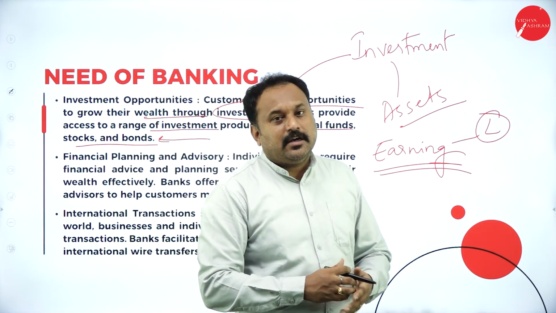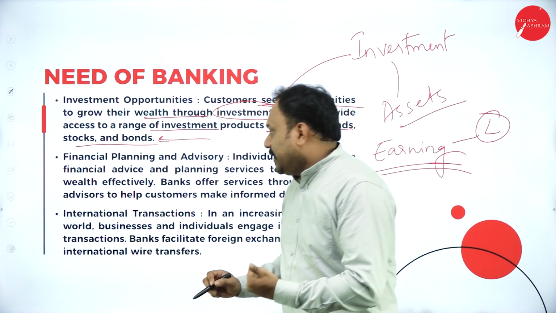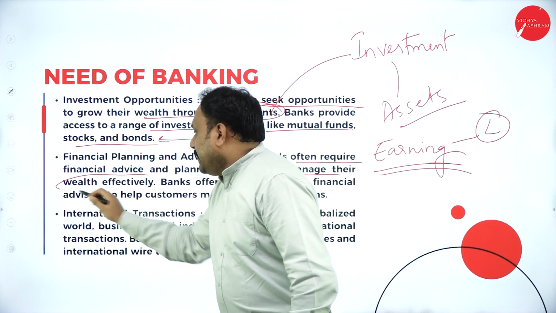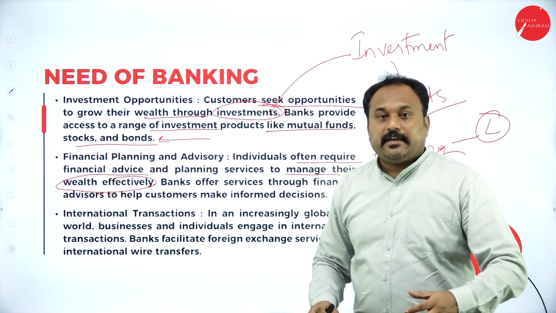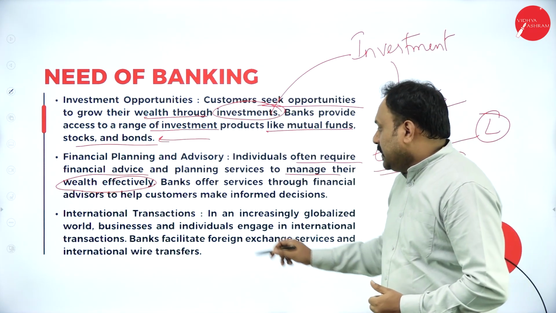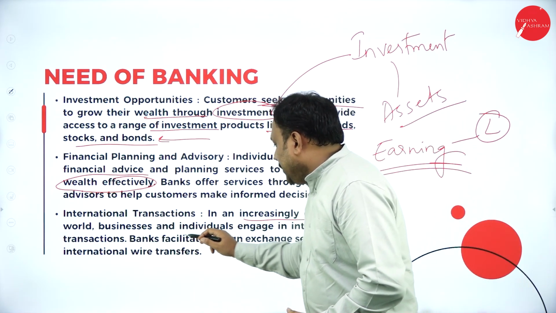Bank is going to give you what? A proper advisory. Now, individuals often require financial advice and planning services to manage their wealth effectively. So, who is going to give it? That is a bank. So, international transactions: in an increasingly globalized world, businesses and individuals